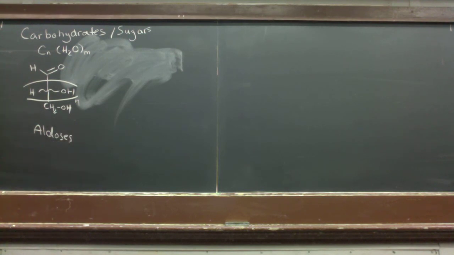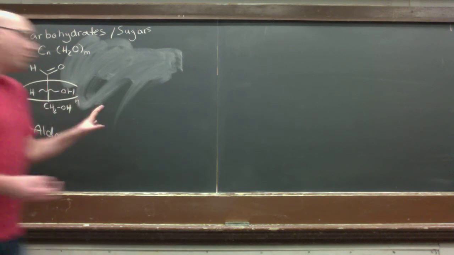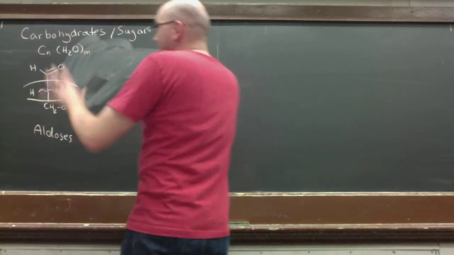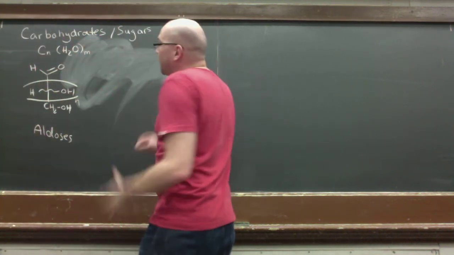Occasionally you'll see an aldehyde-containing sugar. The majority of sugars that we see will have a carbonyl at one side, a CH2OH on the other side, and a series of sp3 carbons in between, where you'll have a hydrogen and an OH. That'll be the one class of sugars that you'll see primarily. That's really what we'll focus on. But there are other